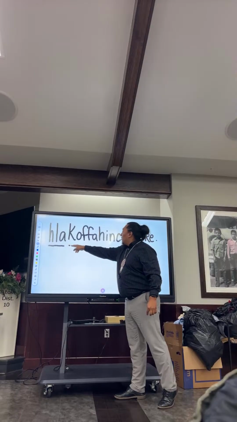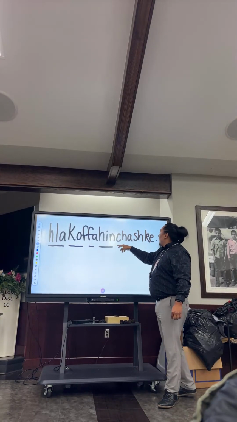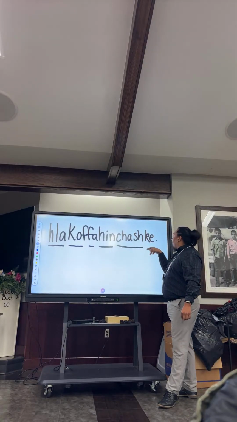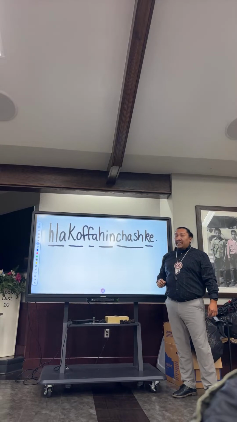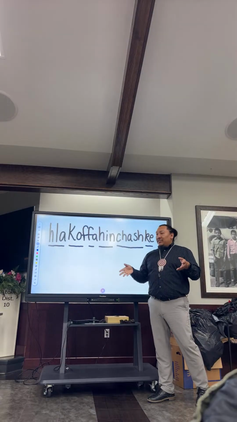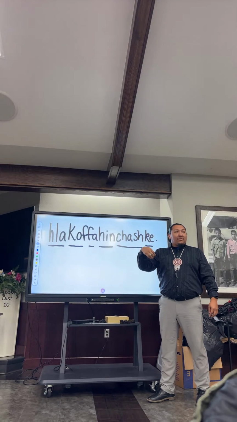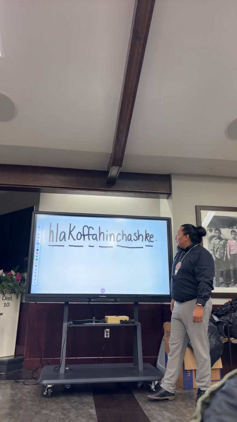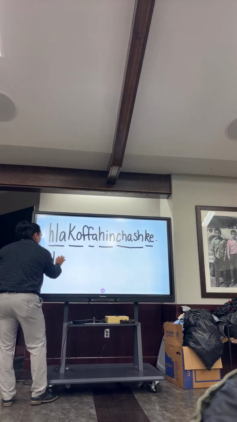Sa, kof, fa, hin, chash. I guess that one would be one. Then ki. Sa, kof, fa, hin, chashki. And so what I'm trying to say to you guys is that when you see big words like this, if you know the root word where it comes from, then you can understand where it comes from. And so breaking it down, it literally just comes from